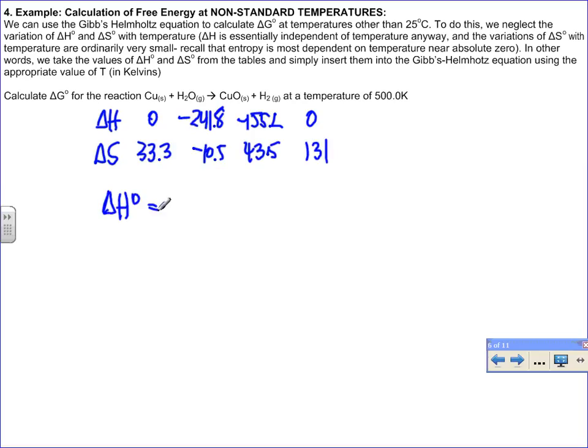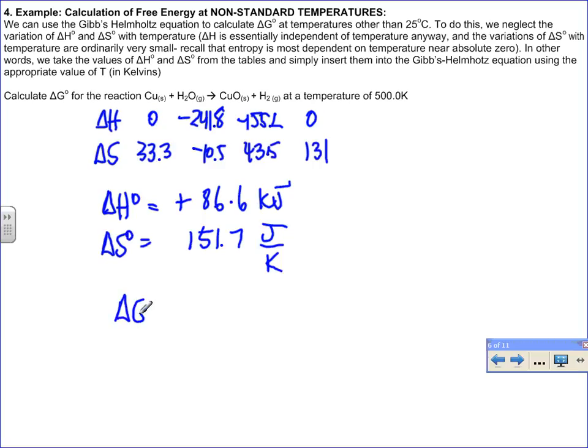To calculate the delta H naught, we do the same process, the sum of the heats of formation of the products minus the sum of the heats of formation of the reactants, and we get 86.6 kilojoules. For the change in entropy, we take the entropies of the products and subtract the entropies of the reactants, and we get 151 joules per Kelvin. So to calculate the delta G naught